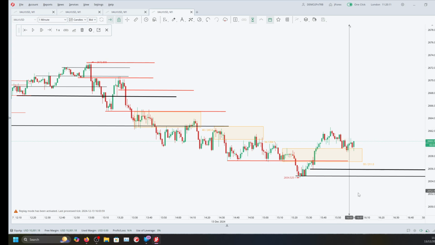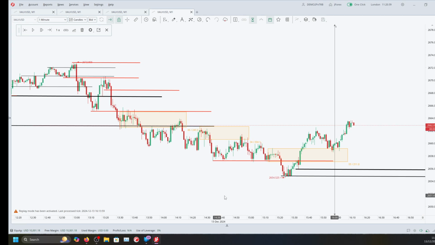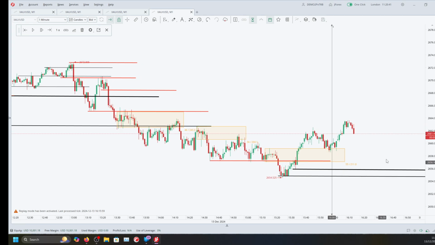But now look. At this point, you could be looking to go long, because price has now failed to make a new low, it's broken through various structure points, come back into a level, and we've started rejecting out of here. So take a long from here. So now price has gone